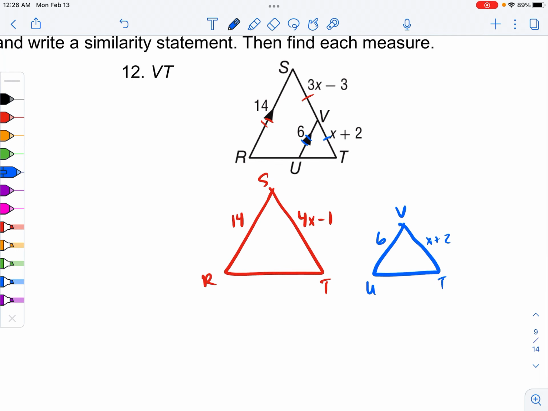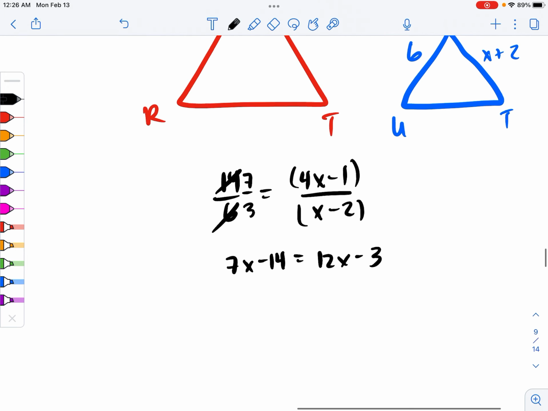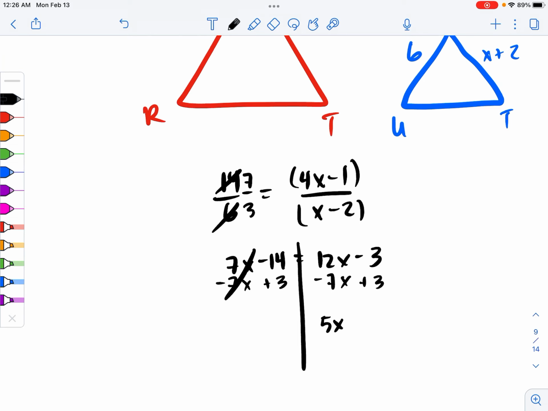This has a length of 6, and then we could do our proportions. So let's do it. Left to right, 14 over 6 is equal to 4x minus 1 over x minus 2. Doing some cross multiplication, we could actually simplify this. Let's make this 7 over 3. And cross multiplying, we should get 7x minus 14 is equal to 12x minus 3. Doing some math at the same time, 7x's will cancel out. We get 5x. Adding 3 to both sides, you should get a